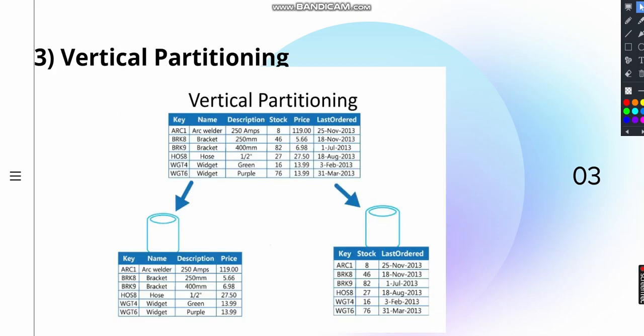In vertical partitioning, we split the database by columns. It is not by rows. Now we are splitting our database by columns. Imagine we have a user table that provides information like profile details, login history, and billing information. Everything is put in one table only. As this table grows,